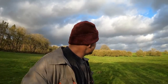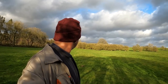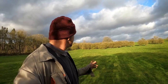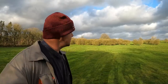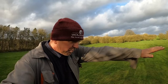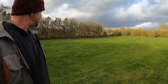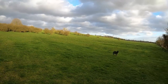Dog's chasing everything it can. It will come back though, I can call it now. Willow, come on! And it will come back, but it can run 40 mile an hour, can that dog? We've had it downside at pickup, and yeah, 40 mile an hour, unbelievable, isn't it? Just gets itself, its legs wide out, and it just goes like mad, don't you? You wouldn't think she's big enough to do it, but...